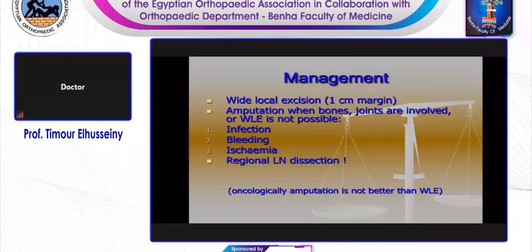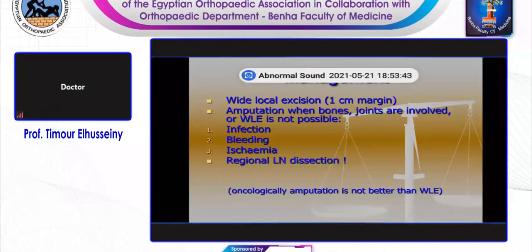Amputation is indicated when bones and joints are involved, like in our case, where the bones and joints of the forefoot are involved. Or in cases when wide local excision is not possible. The operation is indicated especially when you have ongoing infection, ongoing bleeding, like in our case, because the bleeding will never stop without surgery. It's a parenchymatous bleeding. Or when you have ischemia,